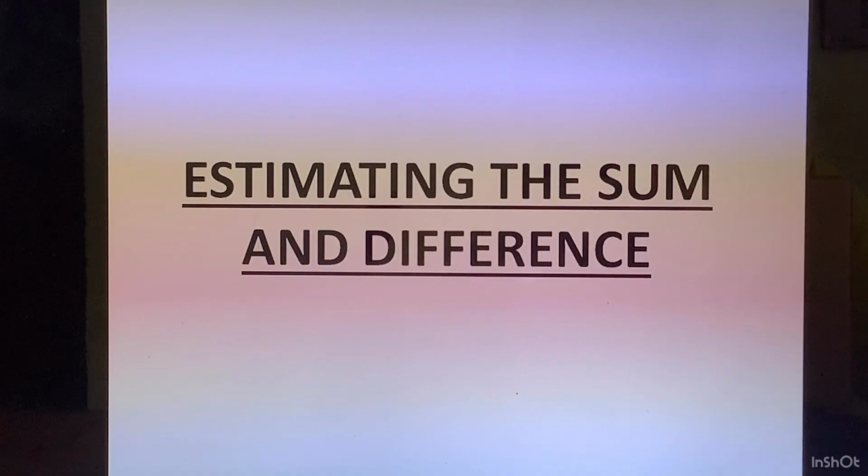There are times when somebody asks you how much money is there in your pocket. We reply with an approximate amount, like approximately 500 rupees. Or when it comes to the population of a state, let's say Uttar Pradesh, we say the population of Uttar Pradesh is around 20 crores. This is called approximation or estimation. To find this approximate value, we have to round off the figures.